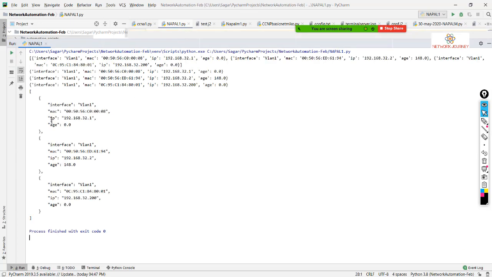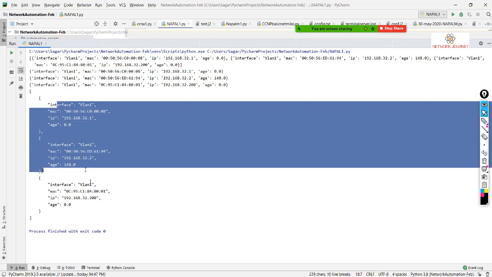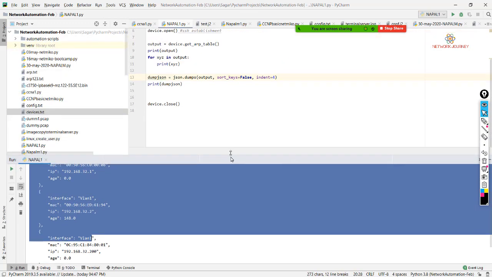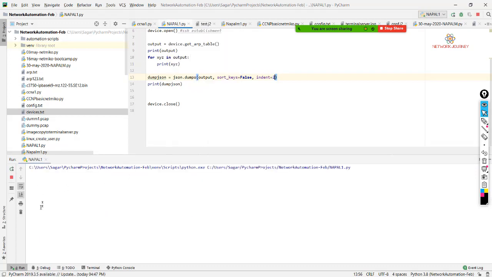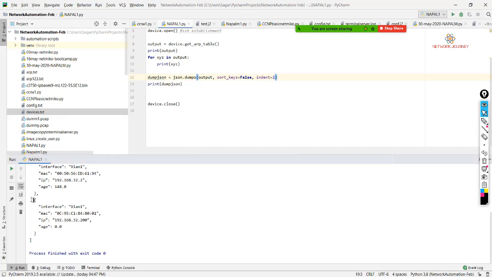So you see earlier it was this one, this one, and this one. Now you see the values have changed. So it's up to you how you want to sort them. What is indentation? It's about the spaces that you want to bring. I said 4 spaces, so you can see I have 4 spaces here. I can reduce them. I can say I need only 2, so that those spaces are going to get decremented by 2 now. So they have been decremented.